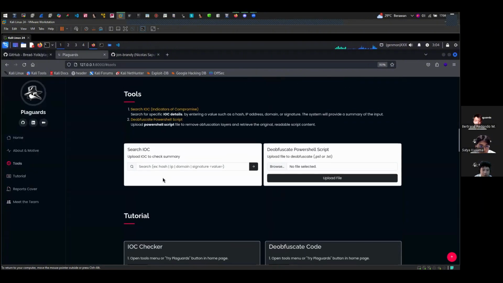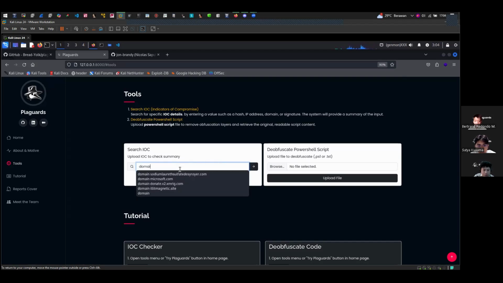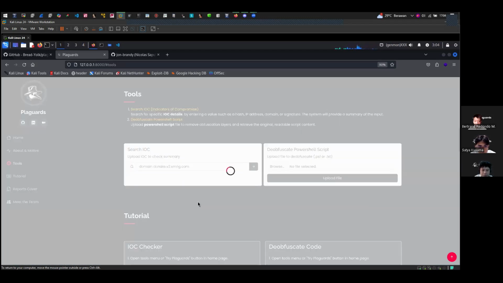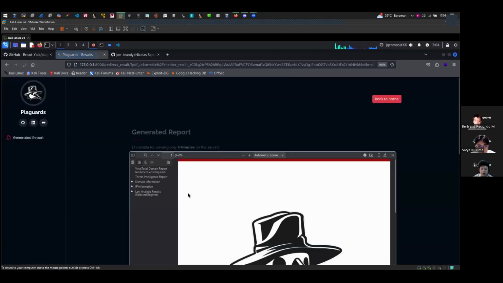Great. Now let's use the search IOC feature. As mentioned previously, we can use four parameters: hash, IP, domain, and signature. For this example, I will use a domain. Let's say donate.xmrig.com. And we just have to wait. PlayGuards will send the API request to the integrated threat intelligence we use.